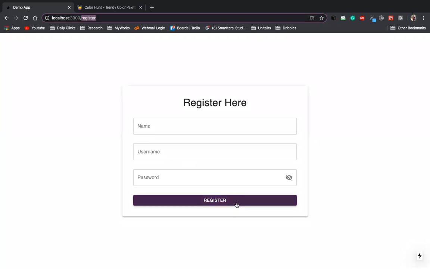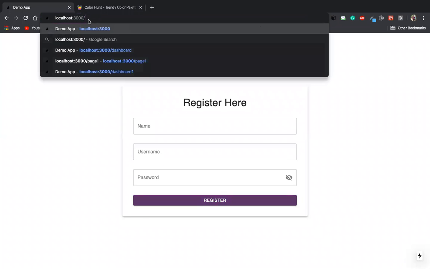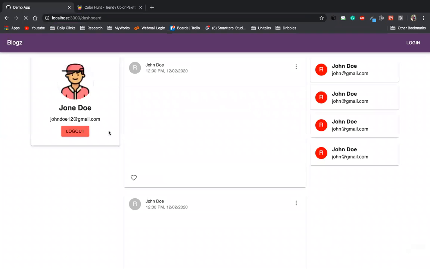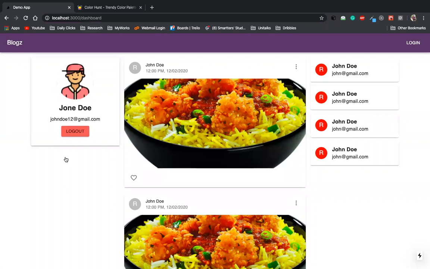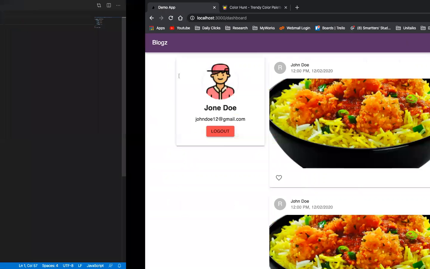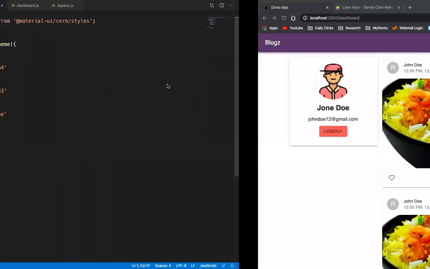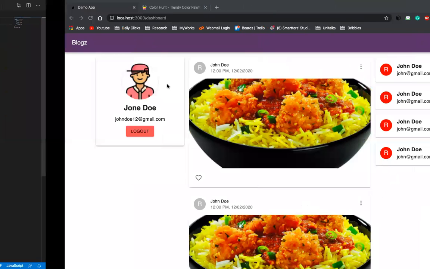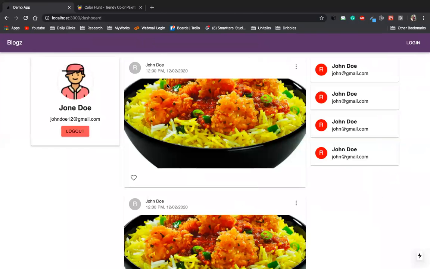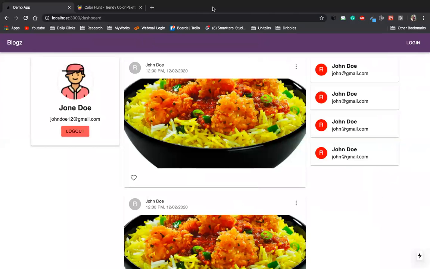See, now the color is being changed inside the dashboard. So our colors are changed now. We can create this theme even more. Like we can set the text color, we can set the error colors, we can change everything. So that is how to change the theme. If you want to explore it, you can go to material-ui.com and explore what is available inside the theme.